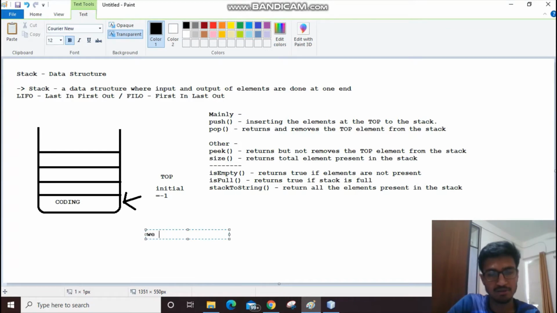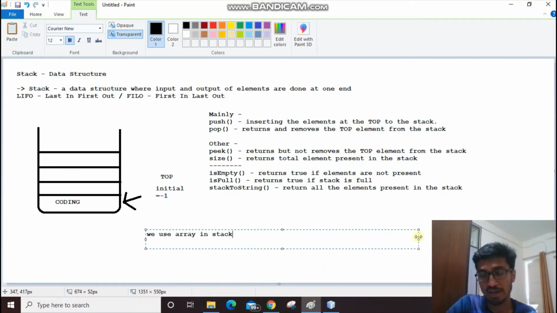And we know that we use an array in stack. So we can use a normal array, or we can use the inbuilt array list, or we can use a linked list. If we use array list or linked list, we do not have the problem of getting stack overflow, right? So we are not bound with any size limits inside a stack created by array list or linked list, but we are bound here with the size because we have to fix the size of the array inside a stack.